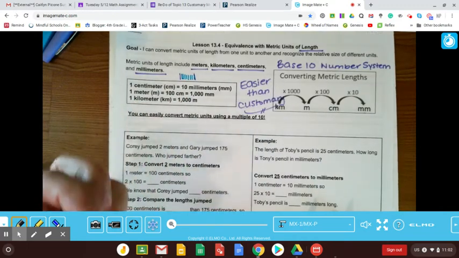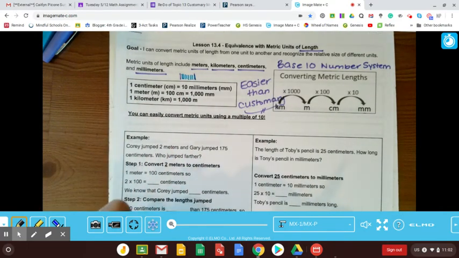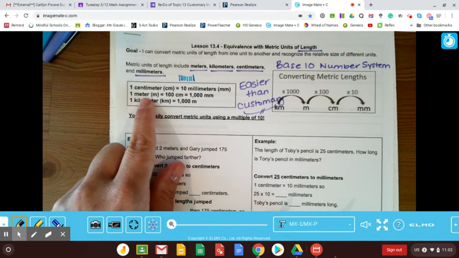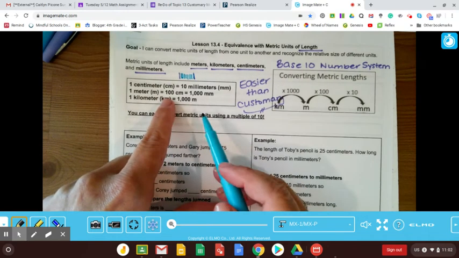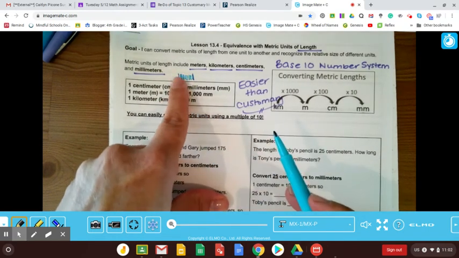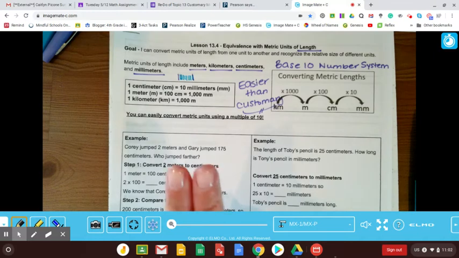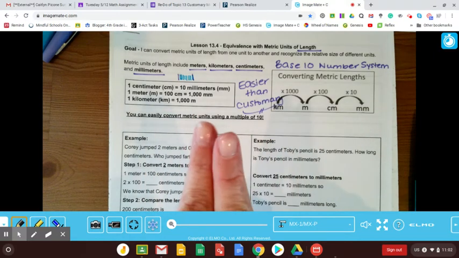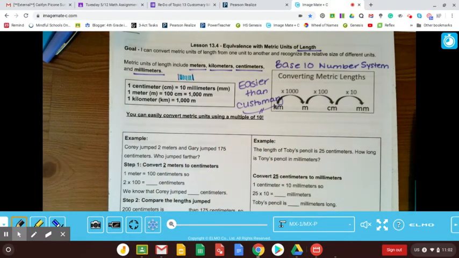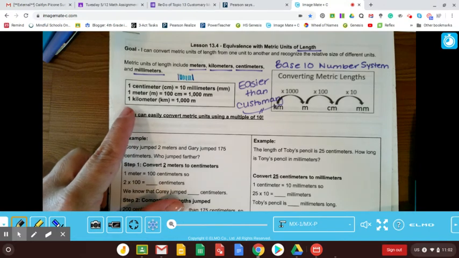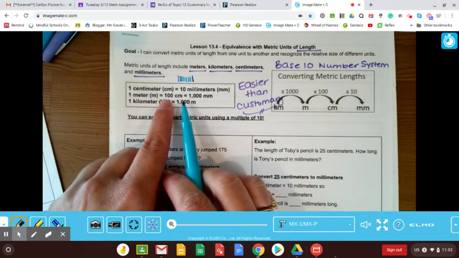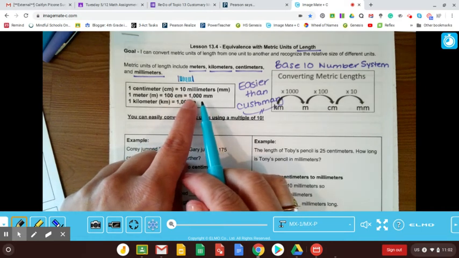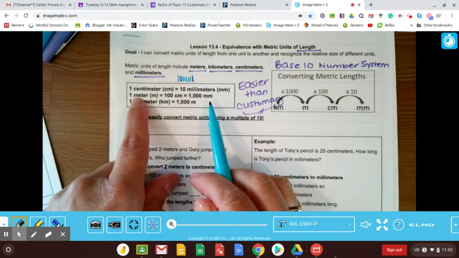Then we have a centimeter, which is actually pretty tiny also. And then we have a meter. So 1 meter is kind of like those long meter sticks that I have in the classroom. That equals 100 centimeters. So 100 of these, almost like your fingertip. If you had 100 fingers lined up, it would be a big meter stick. And then there would be 1,000 millimeters in 1 meter